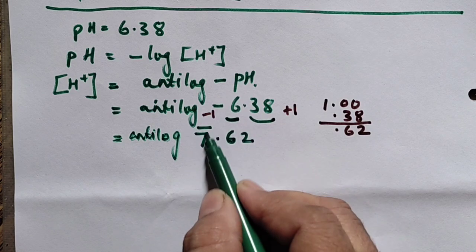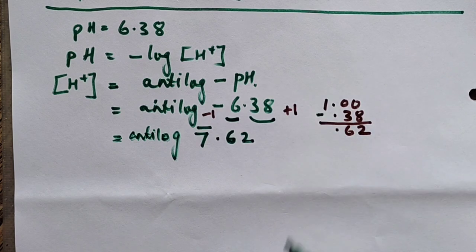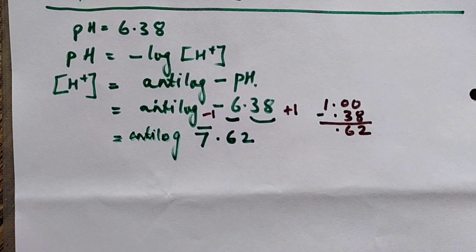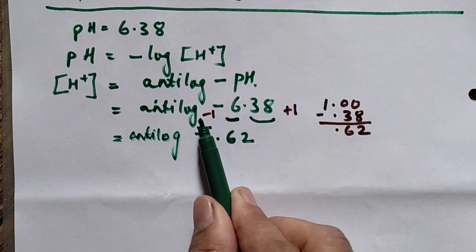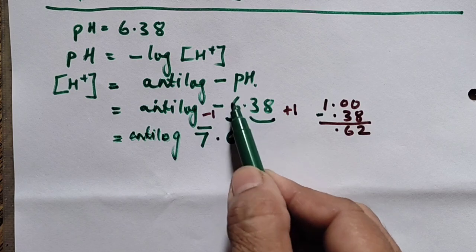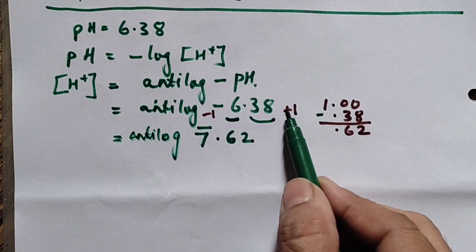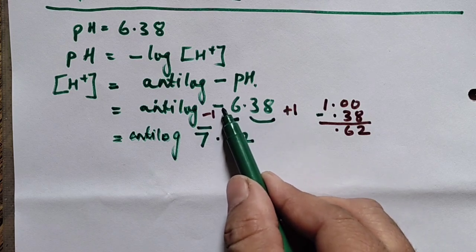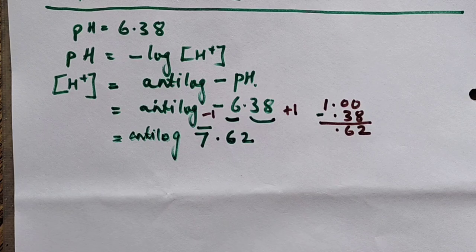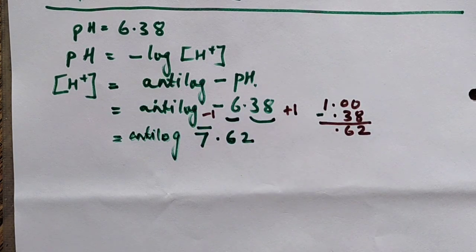So I write it as bar 7. After the decimal, you subtract from 1. From 1, I have subtracted 0.38. So there are two ways I told you. Either on the left-hand side, the characteristic part, you write minus 1; that minus 1 and minus 6 put together become minus 7. And on the other side plus 1. This was already minus, so 1 minus 0.38 you are getting this. Or the other way round: before decimal, increase by 1; after decimal, subtract from 1.